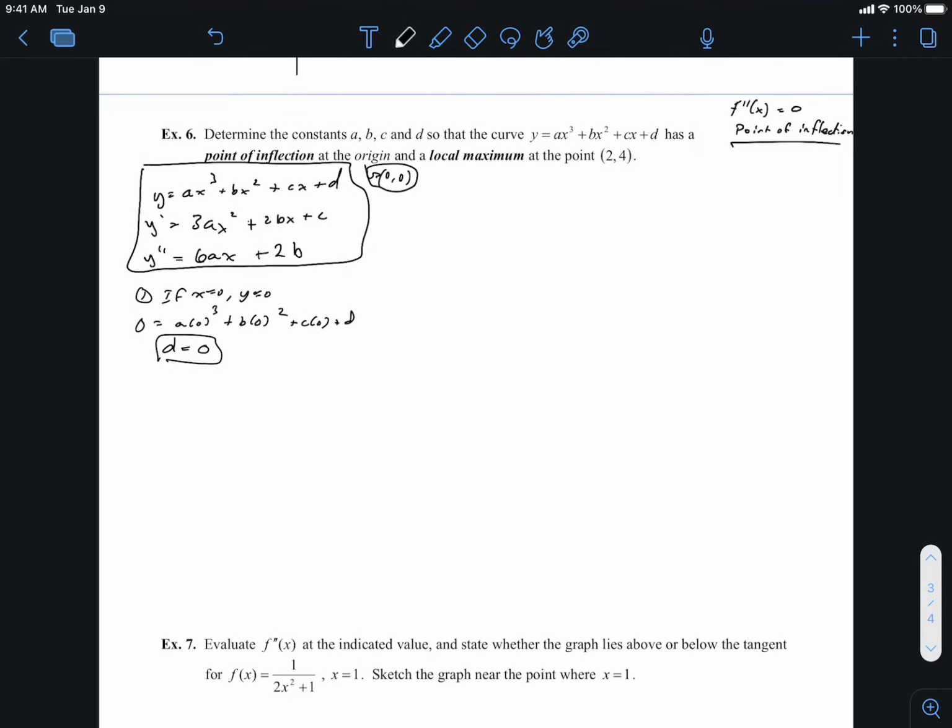So the second thing that you guys can do: set the second derivative, f double prime, equal to 0. This equation that you found, so 0 is going to equal 6ax plus 2b. Okay, but we know something in here, right? You know that this is obviously f double prime of x equal to 0, but there's another thing here as well. You know that this point of inflection is occurring at the origin, so you also know,